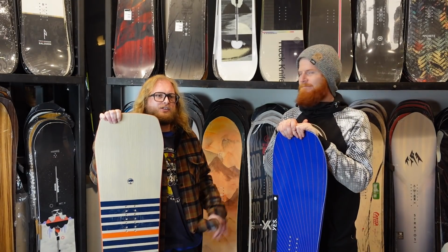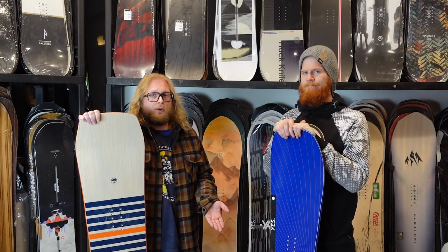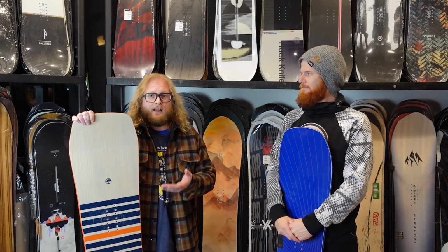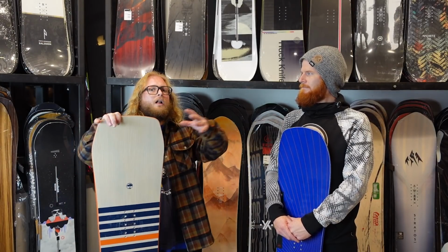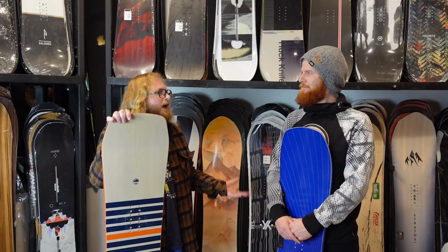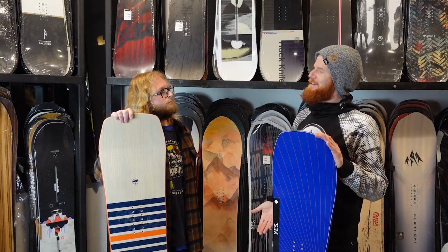I think when you look at any of these technologies, it's just one element of many that are coming into the way that board is going to ride. One of the things we talked about earlier was that a cambered board has way more stability than a rockered board. With a cambered board, you don't need as many contact points to feel as stable on ice. With a rockered board, you're going to need way more contact points to feel that grip. So it always comes down to the overall characteristics of the board, along with the profile, the overall shape, and the flex. Yeah, I wouldn't overthink it, but it's nice to know that there are added technologies going into giving you better grip. If you were to buy a new snowboard, Andreas, that you don't currently own...